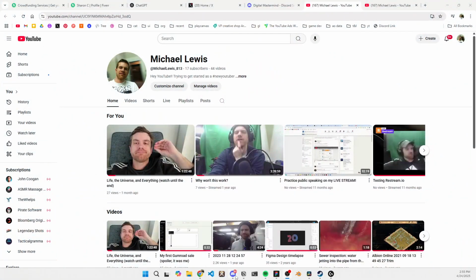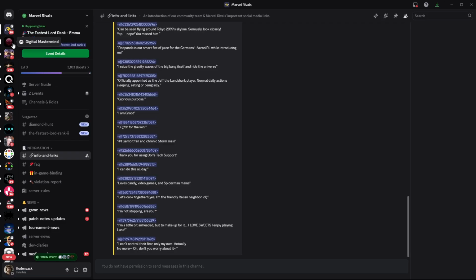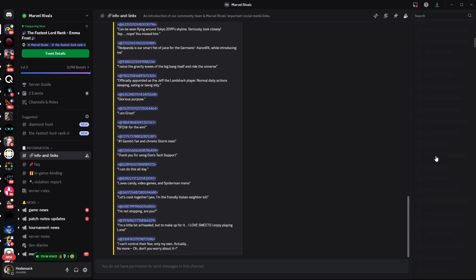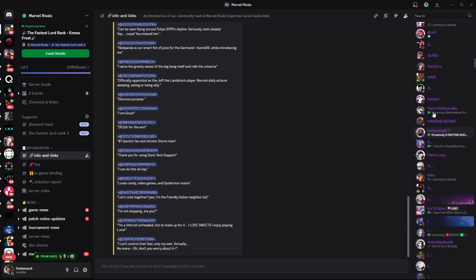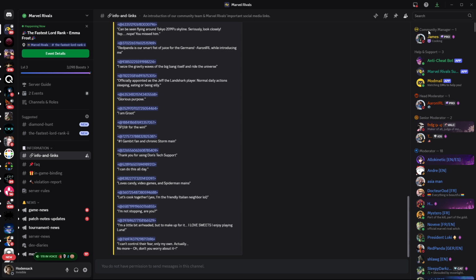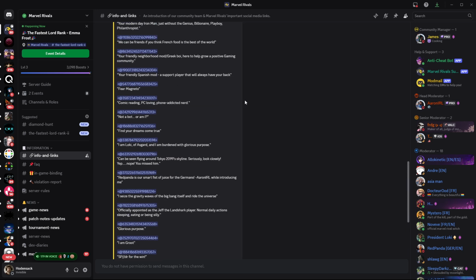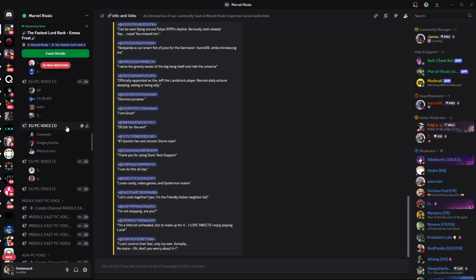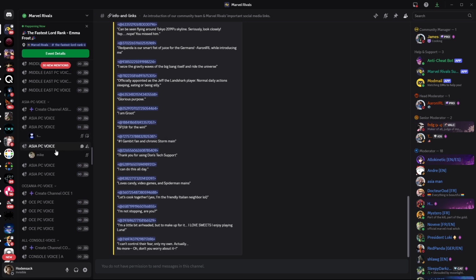But let's look back over to Discord for a second and look at the Marvel Rivals Discord. It has like 4 million members, I think. It's absolutely crazy. It's a level 3 with 3,098 boosts. I actually DM'd people on here that were server boosters. They have all these roles and colors and all this stuff, which I think is kind of cool if you're into it. I think it's confusing. I don't even get it. This is a whole place where you can meet up with people. And I've thought about jumping in there and trying to meet people, but that's a big